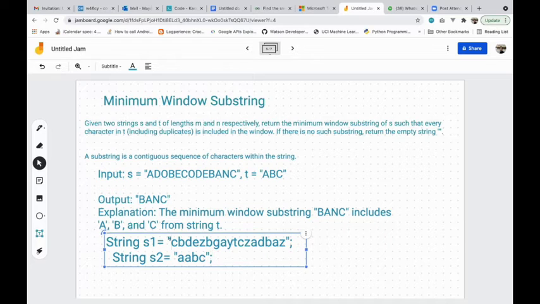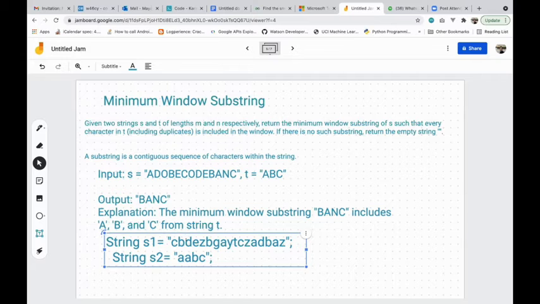Now we can parse this string, and as and when we receive any character which is present in this map, we increment its frequency in the S1 map also. So say C is having frequency 1, then B is having frequency 1.